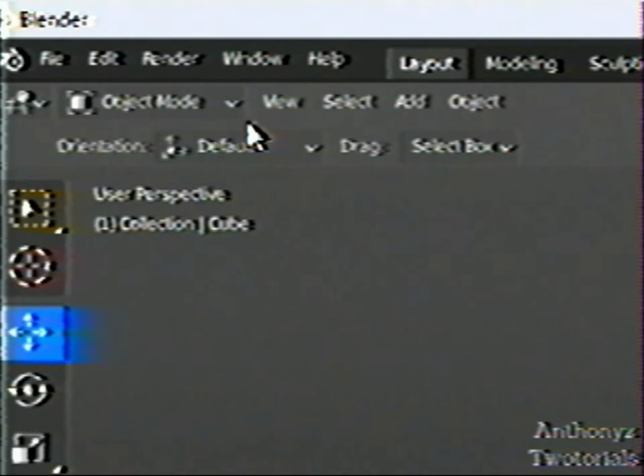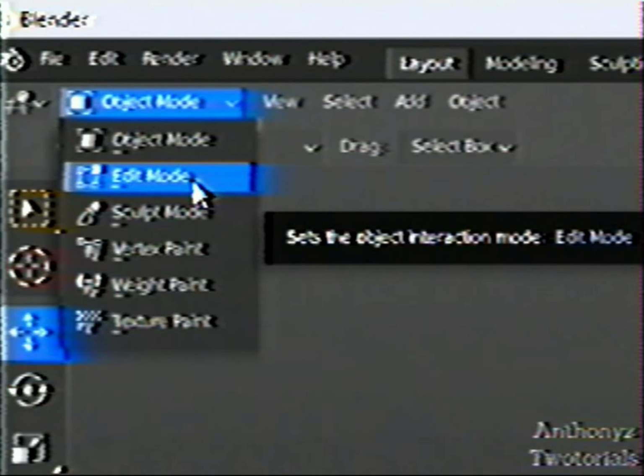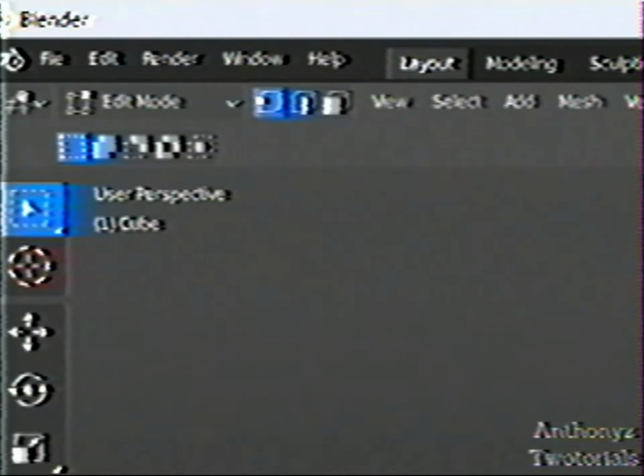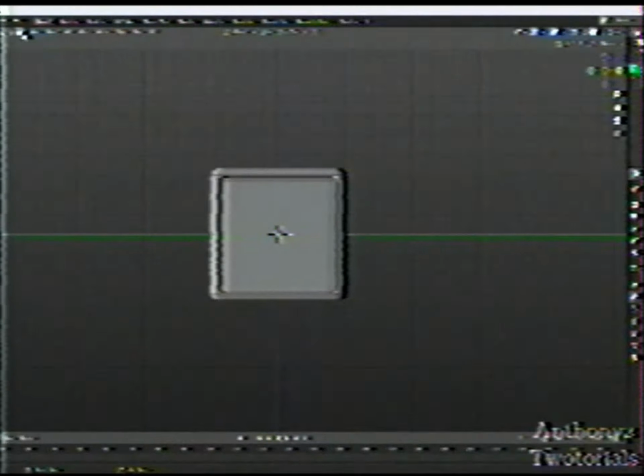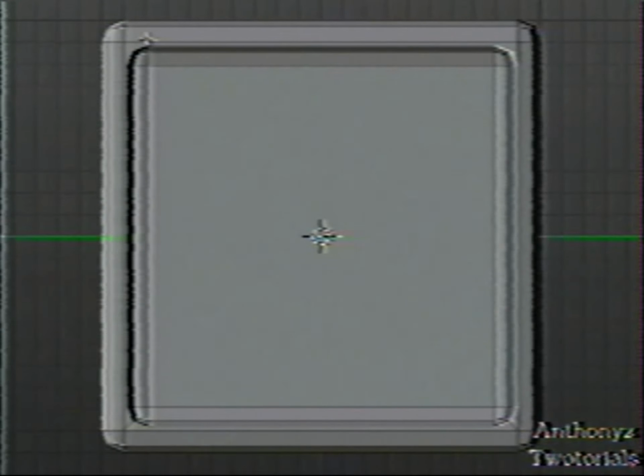Okay, now you are going to click on this, and then you could either press tab or just go here and go to edit mode, and then go to your X display, go to this face selection right here, zoom in if you want to, then click on this corner right here, and then hold control, and then click this corner right here, then click this corner, then click this corner. Keep holding control while you're clicking all of these, and then right click,